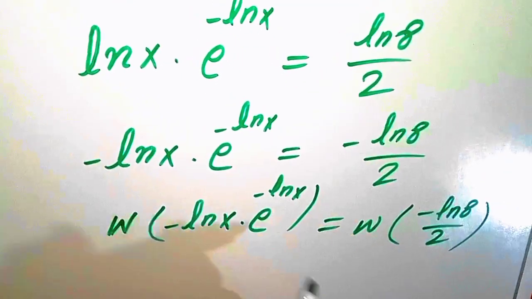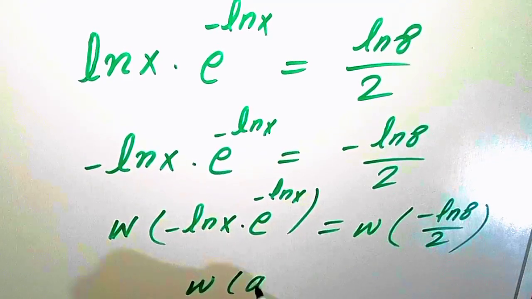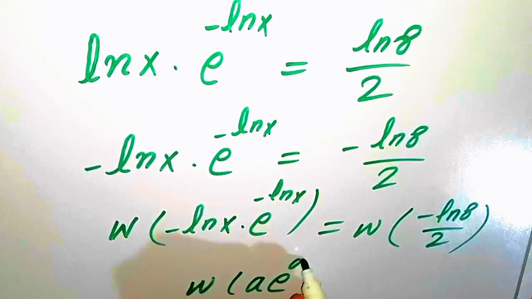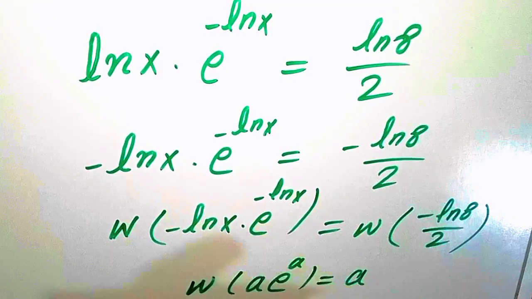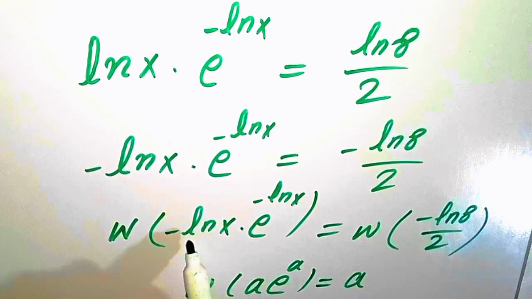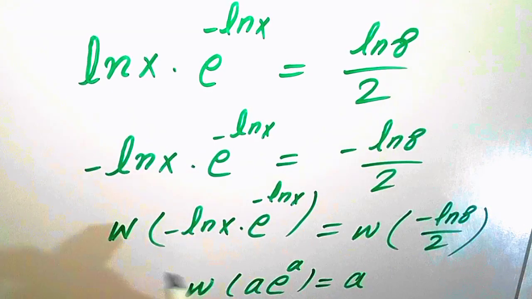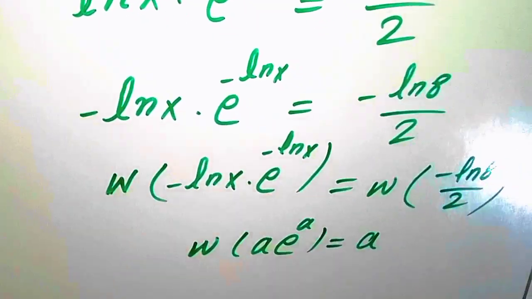Now we know the Lambert function gives W(a e^a) = a, the constant term. Here our constant term is minus ln of x. So when we apply this equation,